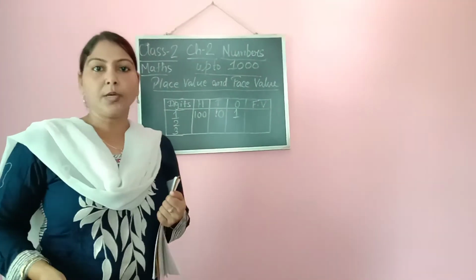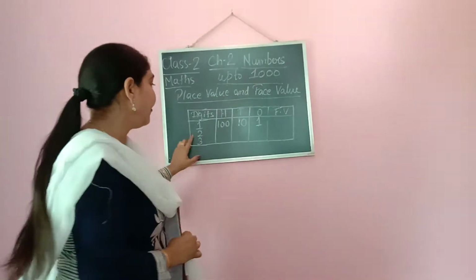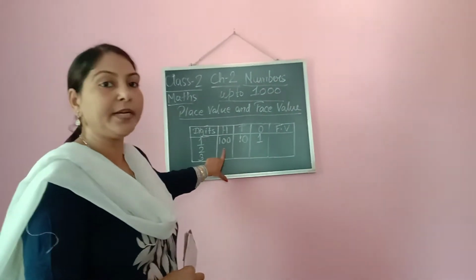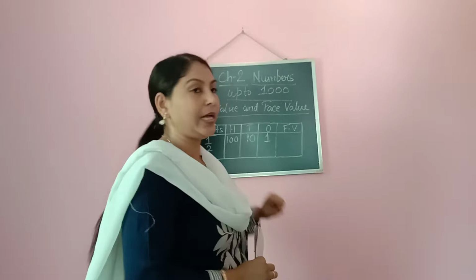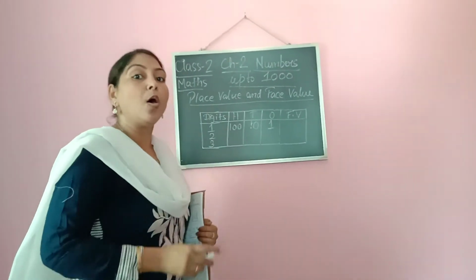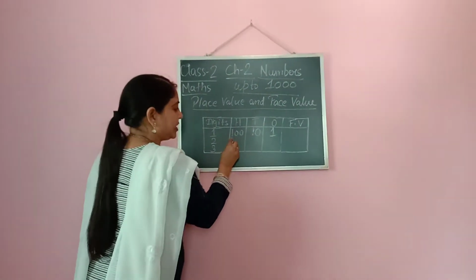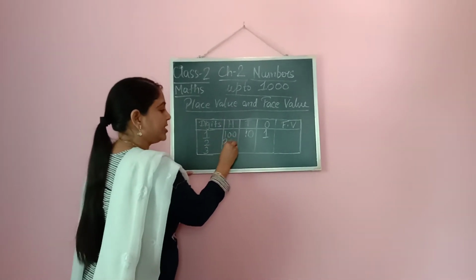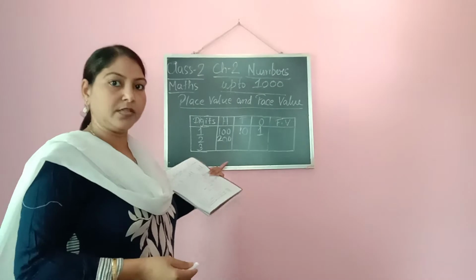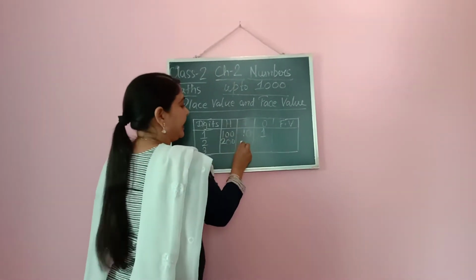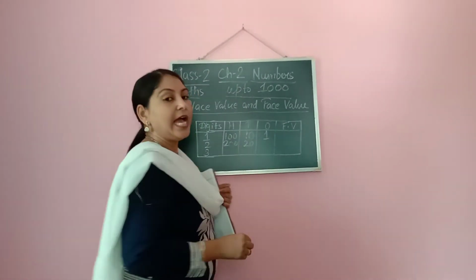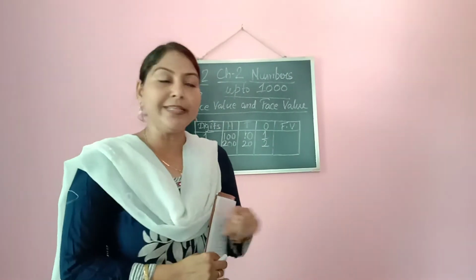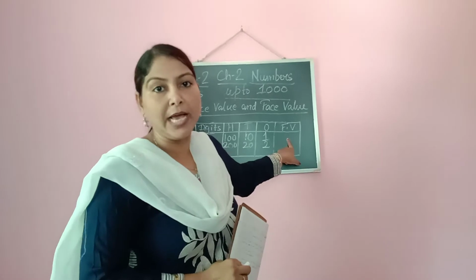Okay. In a similar manner, if I have to write digit 2 in the hundreds place, in the tens place and in the ones place, how am I going to write? Or how shall we write? We will write in this way. In the hundreds place, 2 will be written in this way. Okay. This is 200. Then in the tens place we will write like this, and in the ones place we will write just the 2.